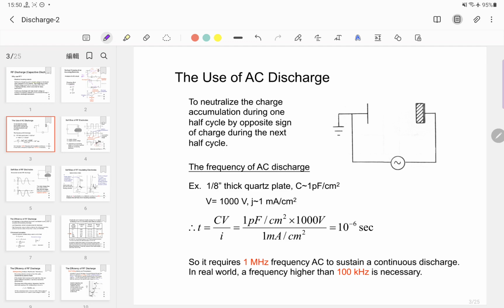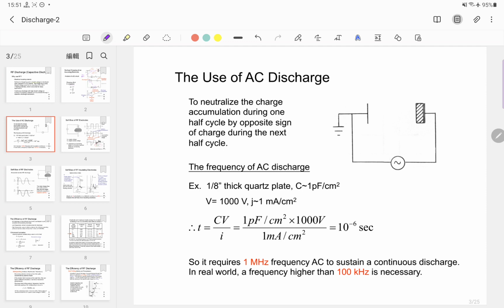Okay, 1/8 inch. And the capacitance of this piece of quartz equals 1 picofarad per centimeter square. So this is the capacitance per unit area for a piece of quartz plate if the thickness is about 1/8 inch. Okay. And then if we apply a bias with the maximum bias voltage of 1000 volts,